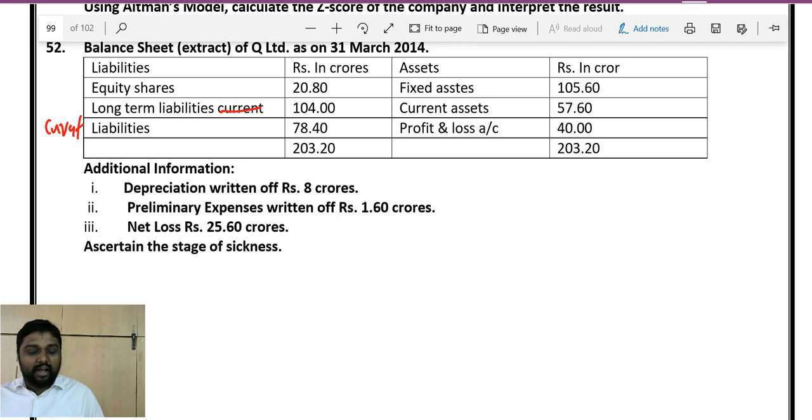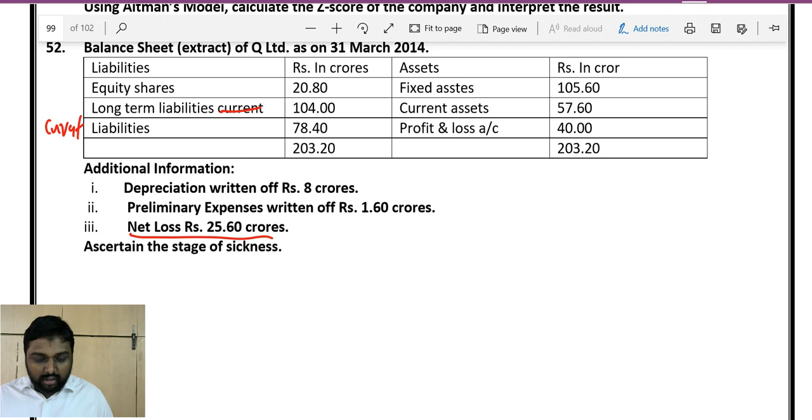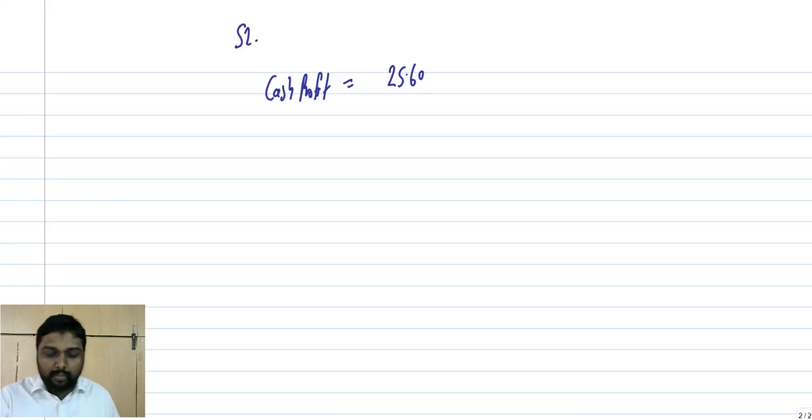First we will find out cash profit. So already they don't have any profit, they are having a loss only. So loss of what? 25.6. Now we want to add